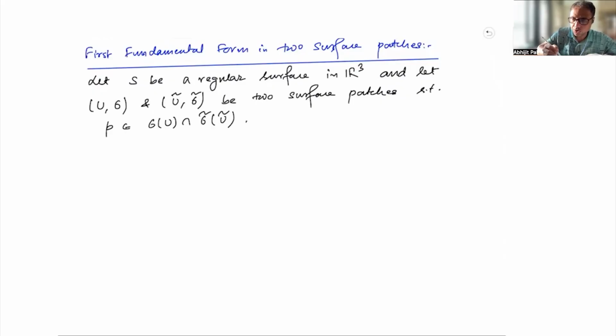Okay, so corresponding to these two surface patches, we will have two first fundamental forms. So let